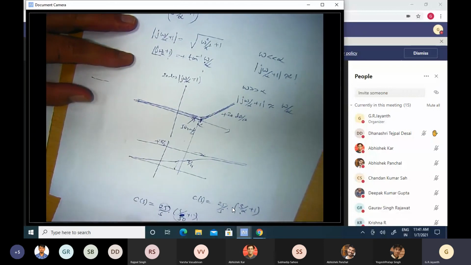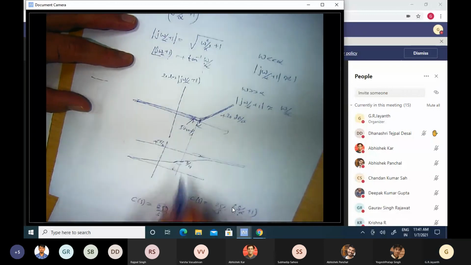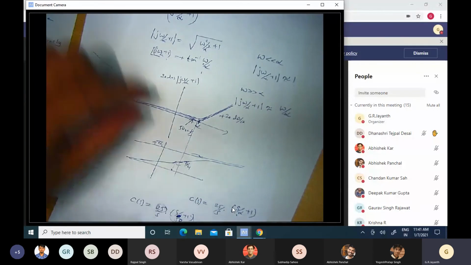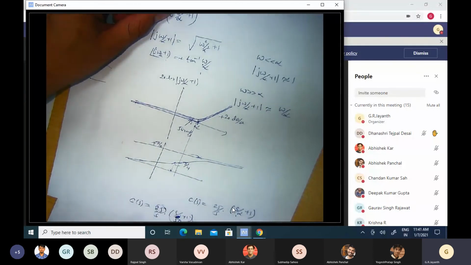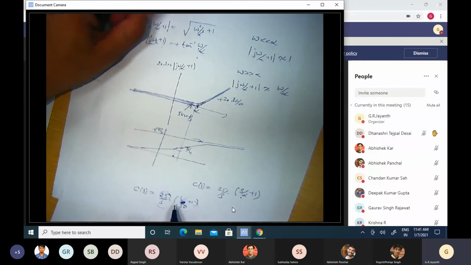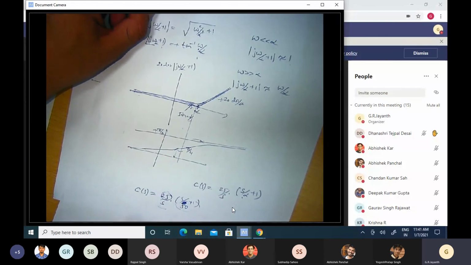What is important, however, is that in the neighborhood of alpha, the phase lead that I get out of this term is 45 degrees. So if I were to multiply my already existing transfer function for the controller, 25 by S, with this particular term, then I will get a phase lead of 45 degrees around that frequency alpha.